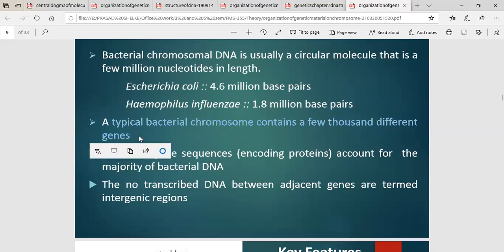Okay, so the difference between genes and DNA. You are familiar with this term genes, but what is a gene and what is DNA? Genes are those sequences that code, that ultimately result in a protein molecule. So those are the functional units of the nucleic acid, the genetic material. You should know that there is a difference between genes and DNA. Genes are part of a DNA molecule, but they have coding for protein molecules.